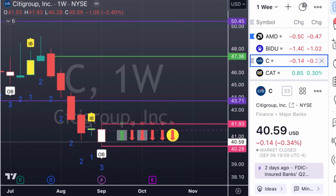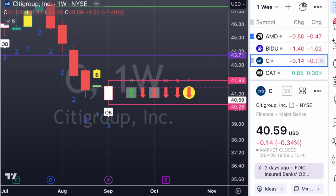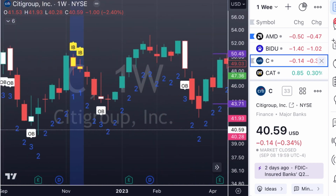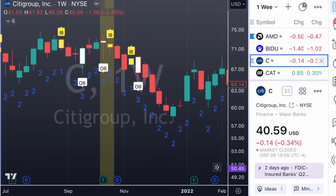Citibank. So this is a 1-3 setup. We've been talking about these recently over the last couple days. They tend to be very powerful. And they don't happen very often. They're rare. So if we go back and try and find the last time we had a 1-3 setup, right there,